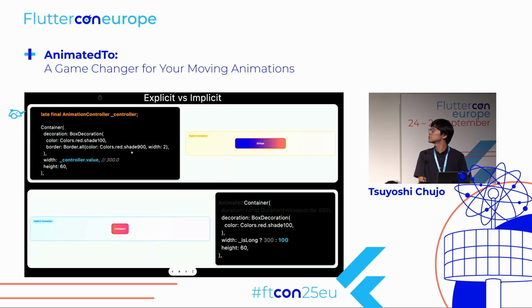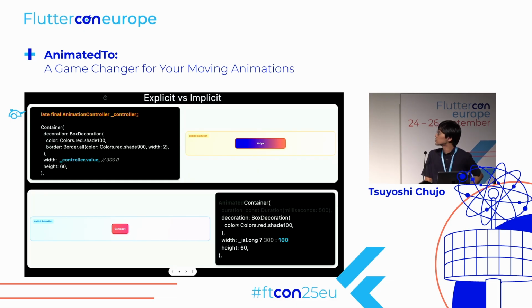Now the AnimationController exposes the value of 100 and it is applied to the width of the container, so it shows a box of 100 pixels. Then when I start the animation, it continuously simulates the update of the value from 100 to 300 and continuously rebuilds and rebuilds and rebuilds, so it looks like animation. That is the basic idea of explicit animation in the Flutter framework. So what about